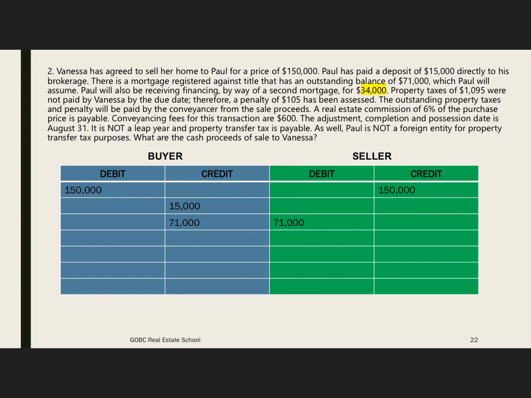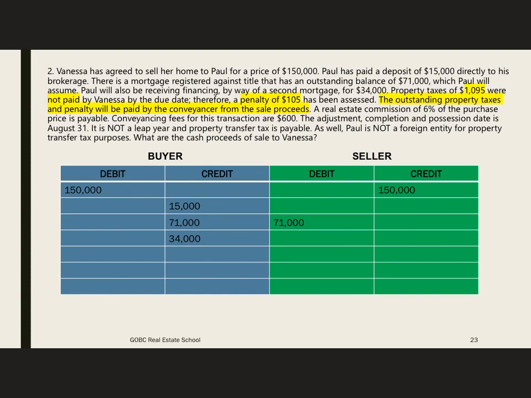The next thing is the second mortgage for $34,000. It just says it's a second mortgage received by financing. So that has nothing to do with the seller. So that will just show up on the buyer's statement and it will not show up on the seller's statement at all. So $34,000 in the credit column for the buyer. The next thing are the